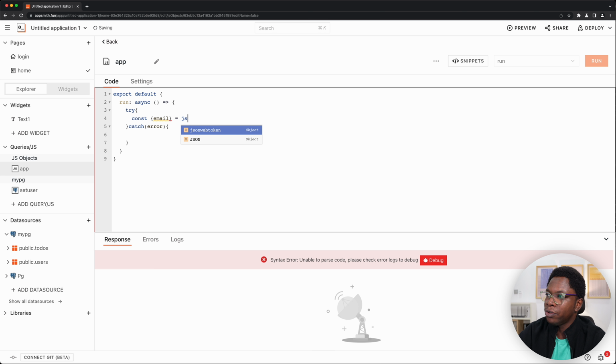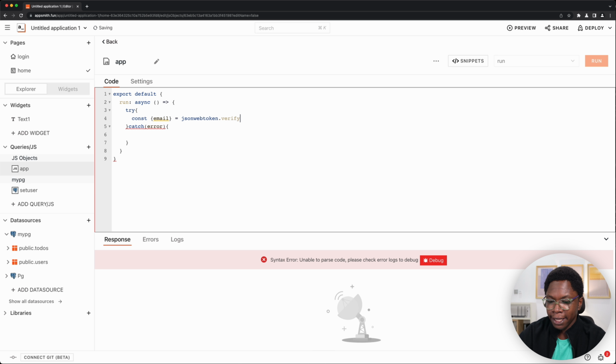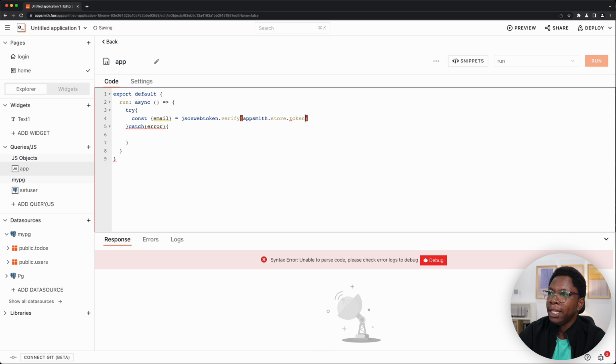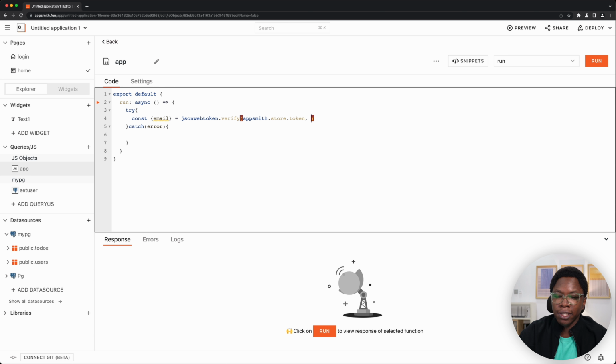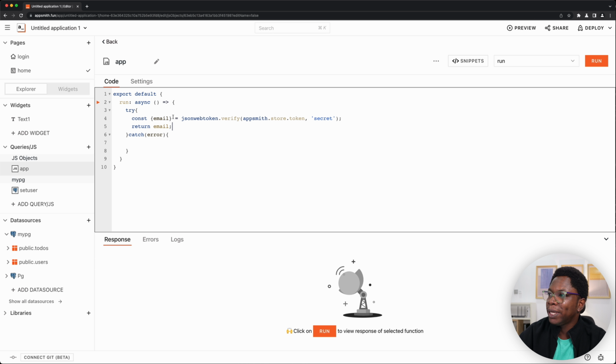and here we're going to use jsonwebtoken, which is the JWT library, .verify. And we want to verify the user's token, which is saved in the AppSmith store right now. So this is going to be appsmith.store.token, and then we want to pass in our secret key or salt. In this case, it's just secret, so I'm going to type it in, and we should be good to go. So I'm going to return this email. So let's say return email,